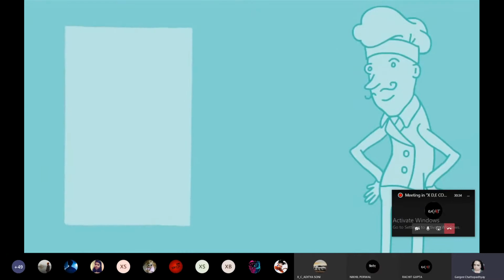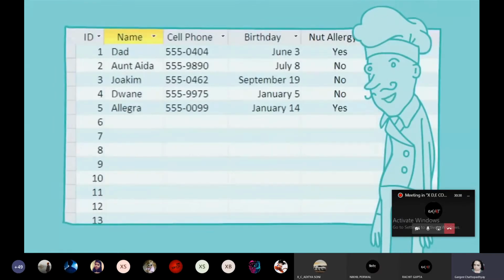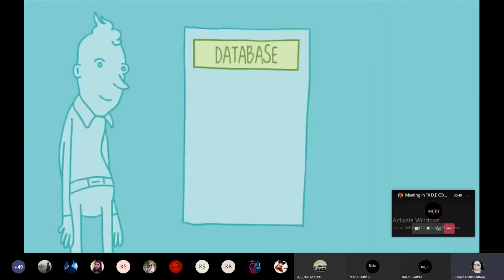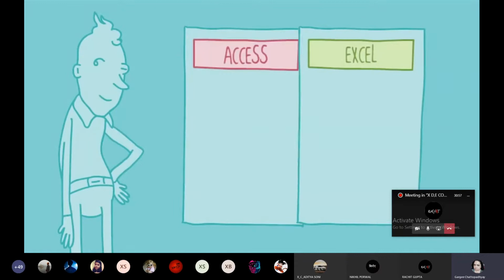Not quite. Instead, it uses tables, like the ones in Excel, to list things in a little more detail. Take this example from the Amateur Baker's database. It lists friends and family, but also important information like who has a nut allergy and the rest of the table. So, if a database is essentially a collection of lists stored in tables, and you can build tables in Excel, why Access? Why do you need a database at all? Let's compare.